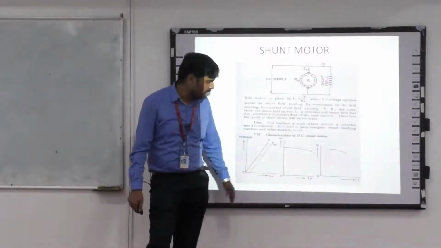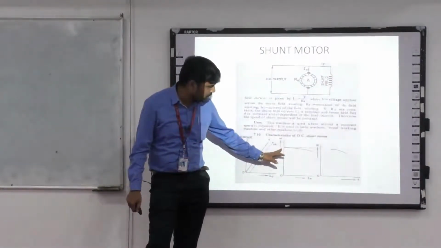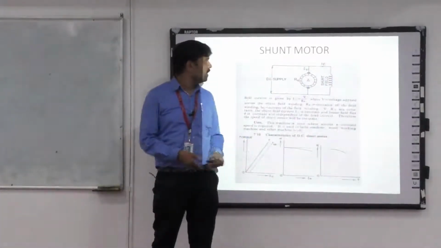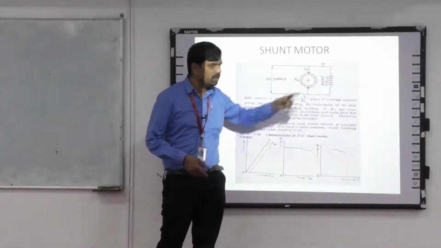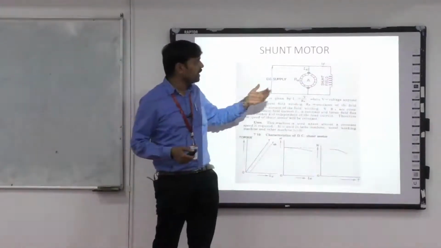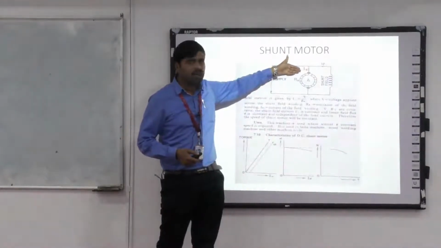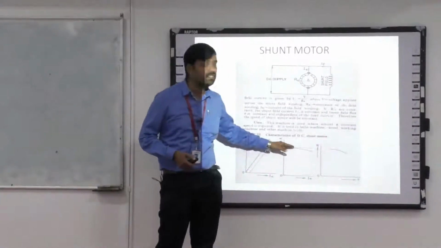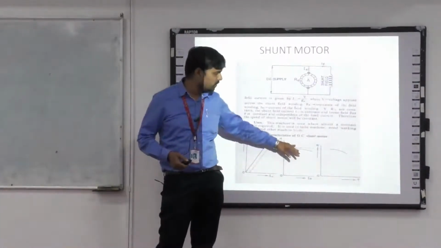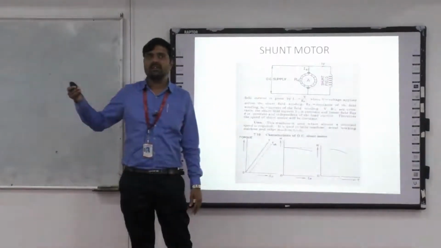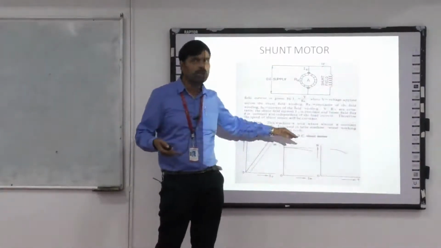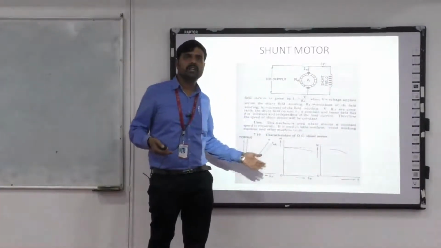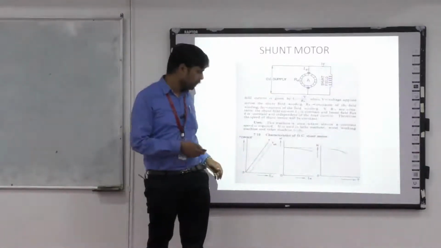Next we can see the internal characteristics. What is happening between the speed and the armature current? The armature current is flowing, and in the shaft only we are going to connect a load. So when the load increases, the armature current keeps on increasing, but there is not much change in the speed. It is not varying that much. At a certain stage, for example, if you are maintaining 1500 RPM, it goes to 1480 or 1475. It does not fall in speed that much when compared to a series motor.